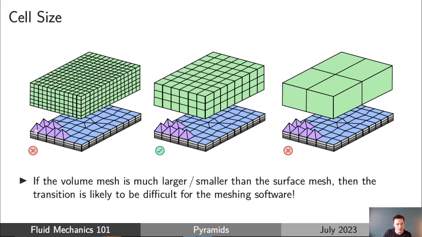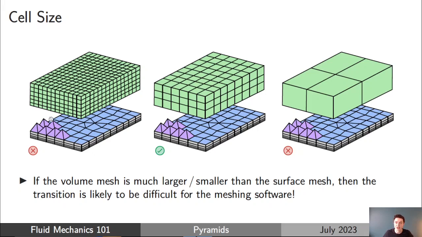And without actually going into any detail and understanding how the mesh generator is going to transition from those pyramids out to the volume mesh, it's going to have to make the transition somehow. It's going to have to join things up and connect those cells together with edges and vertices. And just by looking at it, without even going into the algorithm, you can see that the transition for this